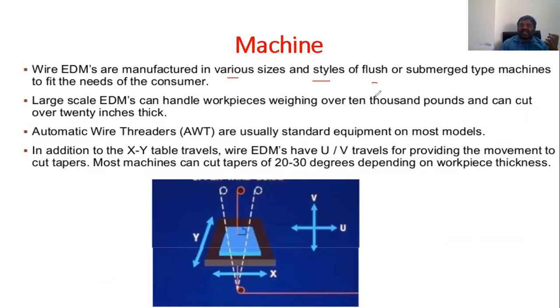And we know that it is an automatic wire EDM. What happens is we are using CNC, computer numerical control, which can go with CNC machining here. So we can control the direction of the tables in any direction. It may be the XY direction,